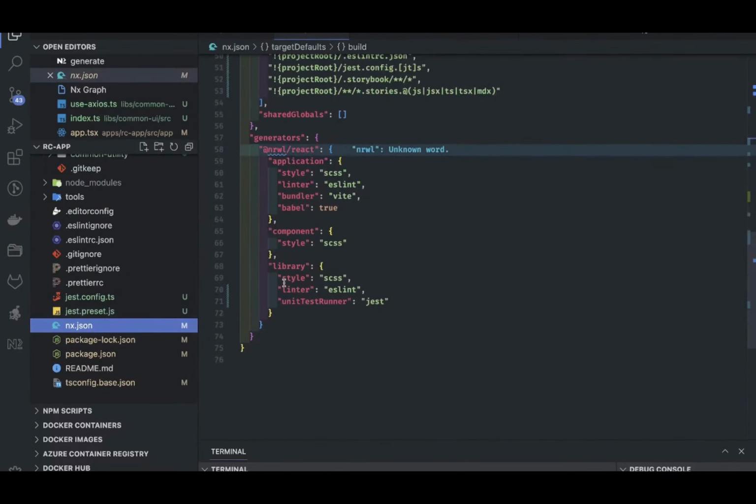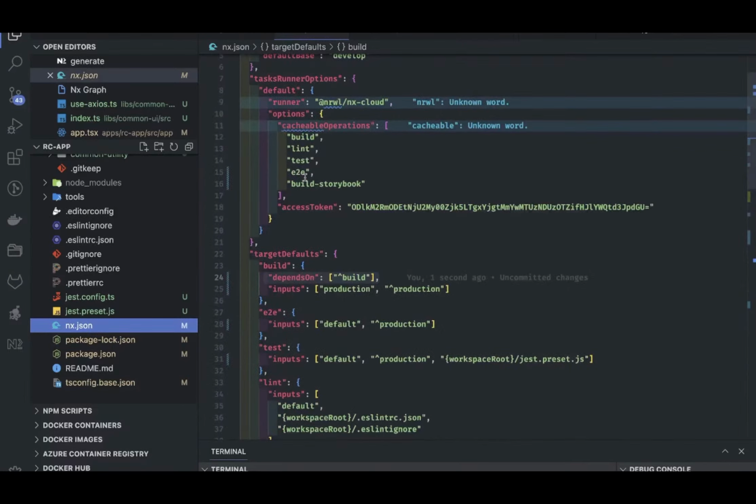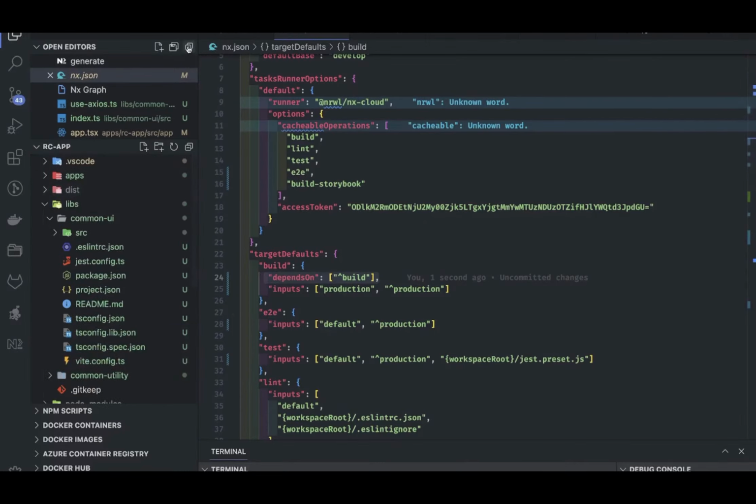Okay, we will explore more how this NX JSON differs for the package based and integrated based repositories. This is integrated based. Here we are using utility helpers and the repositories like React with the different utility helpers and design systems. Similarly, you can also build Angular, Nest.js, or any kind of thing. Let's see the next video which talks about